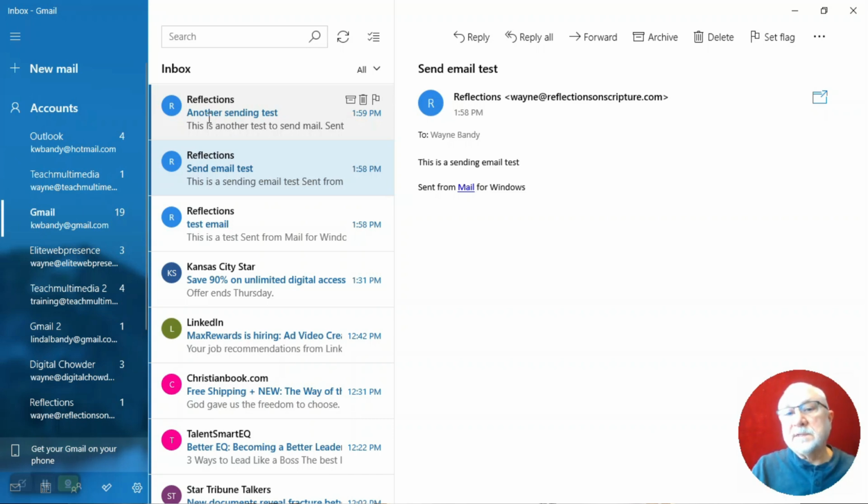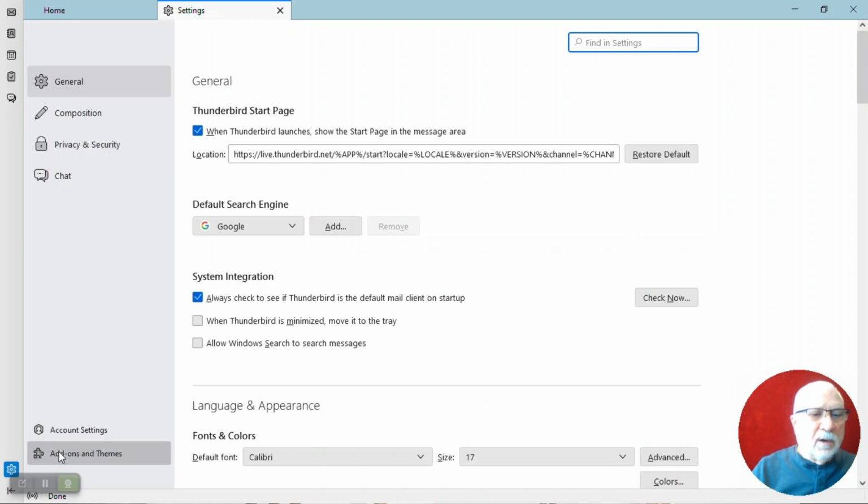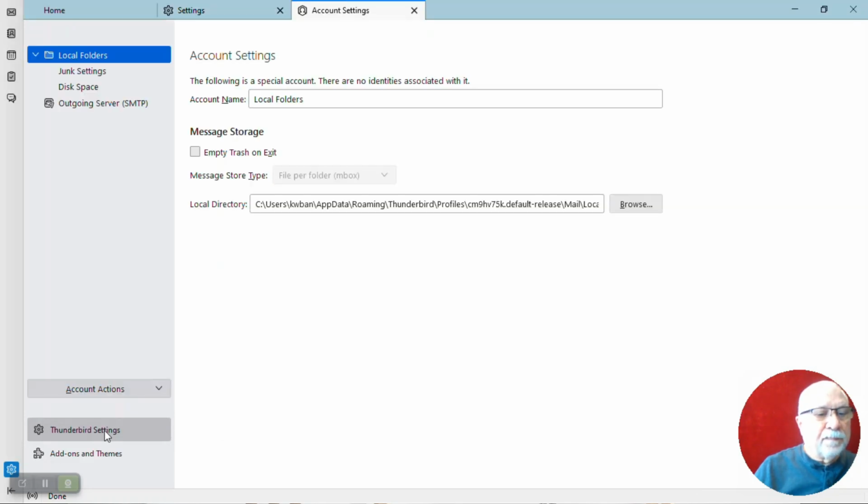For our next step-by-step demonstration, we're going to go to Thunderbird. All right, so here we are in Thunderbird. I have no email account set up in this. So we come down here, we're on the left side menu, we click the gear icon, it opens up a new window for us. We come down to account settings, and now we look at account actions, and we hit